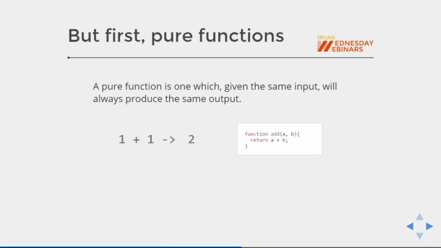So Redux has these reducers, and what are these reducers? Reducers are pure functions. And what is a pure function? One that always gives the same output whenever you provide the same input. Pure functions are those which are not talking to the database, not reading from a file, and we can predict the output, the same output every time for the same input, like a simple addition operation. It is never going to fail, because if we provide A equal to 1, B equal to 1, we are always going to get the output 2.